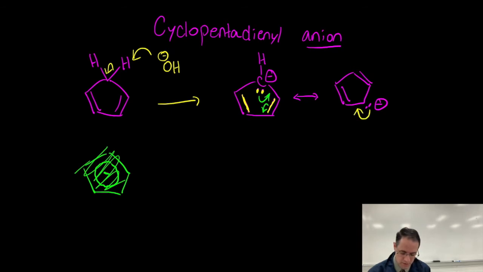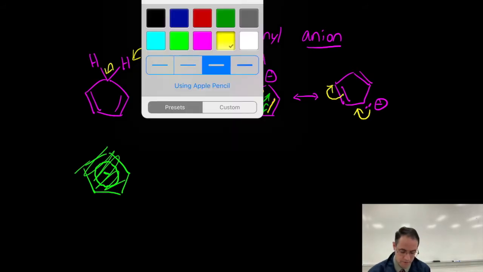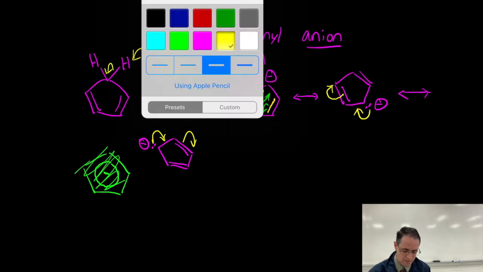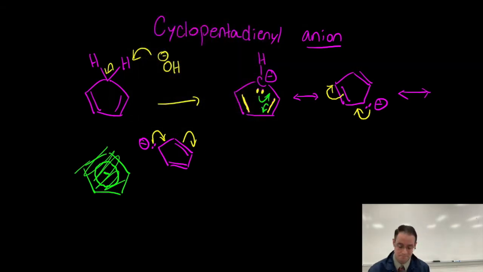And so if we show the classic movement of electrons using curved arrows there, we can show another resonance structure that's going to look like this. Okay, the double bond's going to move here, there's 2 electrons there, and there's a formal charge on that carbon now. And if we keep moving this charge, hopping through the pi bonds,